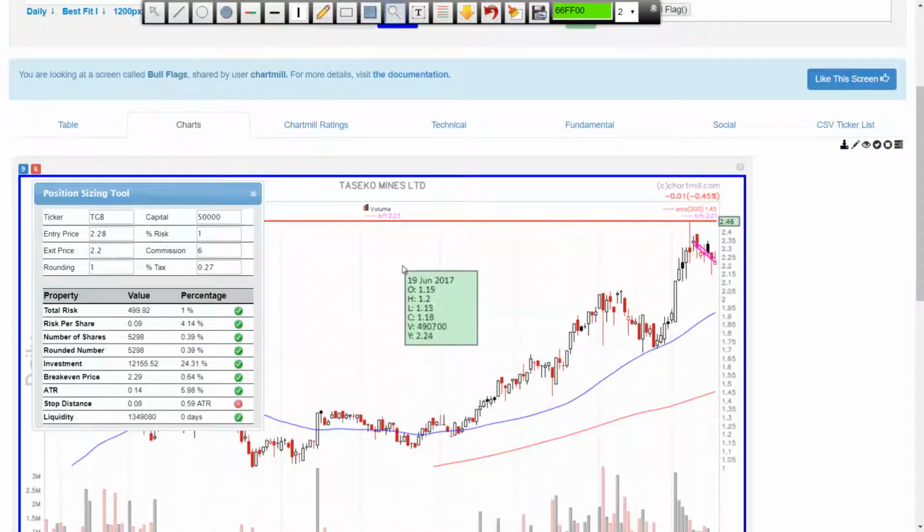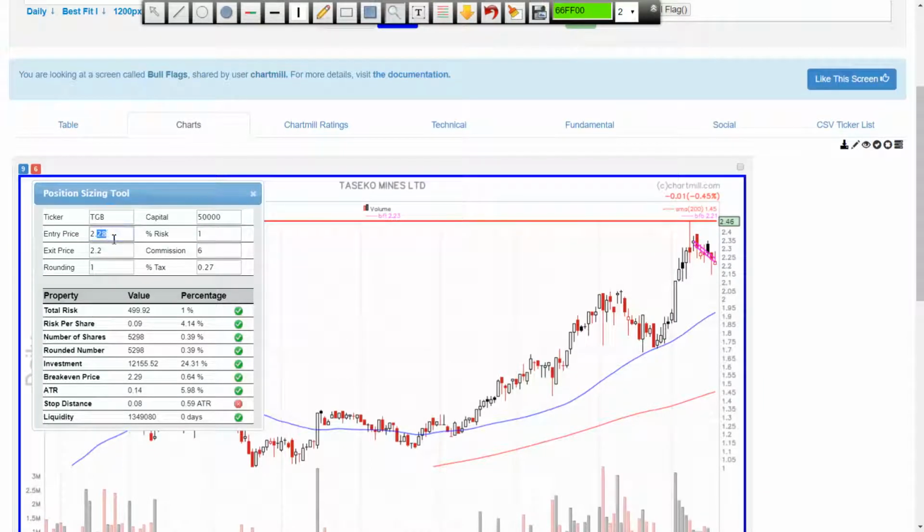So just click once in the screen and open the position sizing tool. The ticker is mentioned in the ticker box. The entry price, like I've said in earlier videos, is always the latest price, the high of the latest candle. So the high was 2.2828, as mentioned here. For example, I want to go long if price goes beyond 2.28, so to be sure above 2.3,